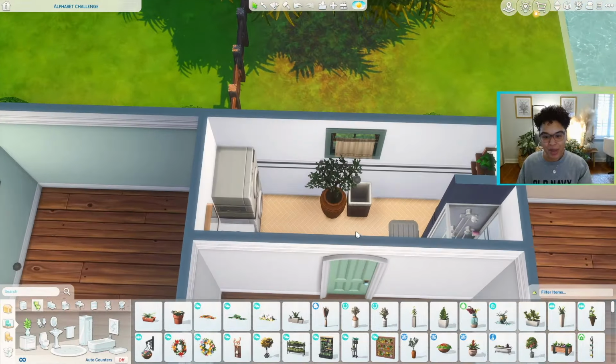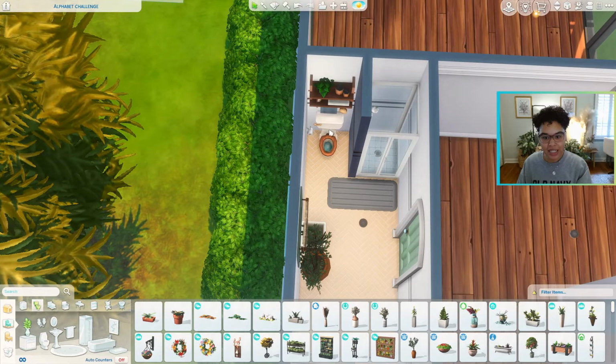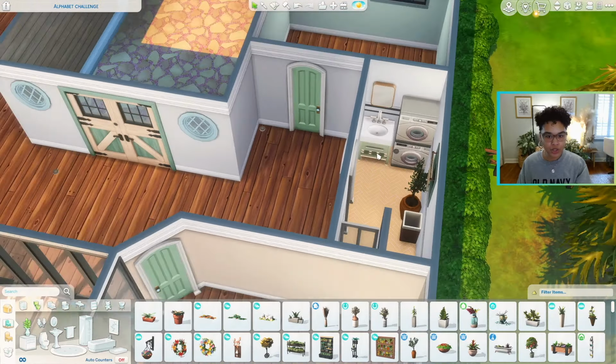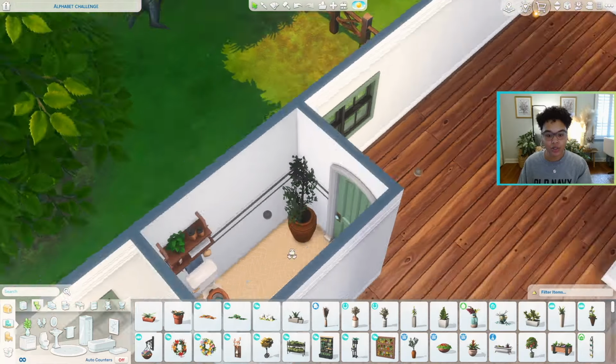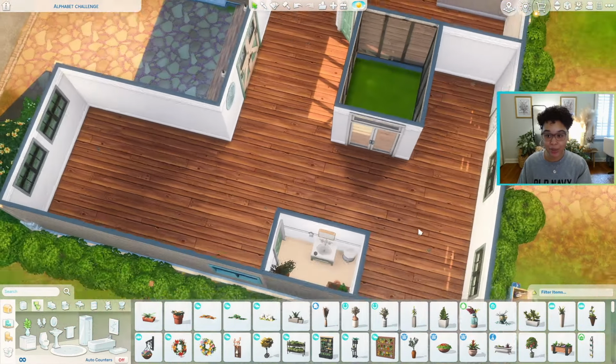Alrighty, so these are what the bathrooms are looking like. This one is very long and skinny, but I did make it work. I kind of separated the toilet a little bit from the shower. That's how our house is. And then we put the laundry over in this one. So in this one, the only thing that I changed was I took the laundry out, I put a plant right there, and then I also forgot to put a little hand towel, so I put those in all the